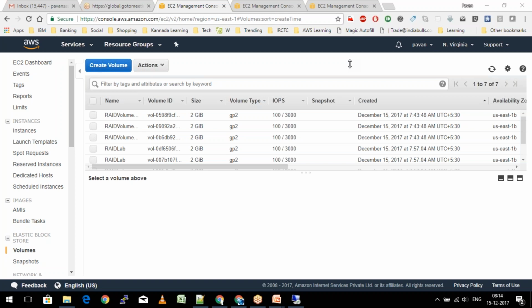So we can create multiple RAID volumes and combine them into one virtual volume, but I'll get a higher IOPS. In order to collect the votes and other things, we can make use of NoSQL databases, and we will be able to store the data at a much faster pace than a normal RDS system.